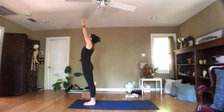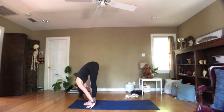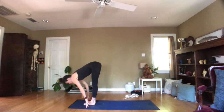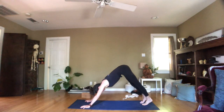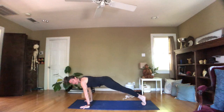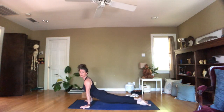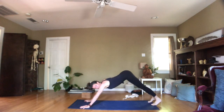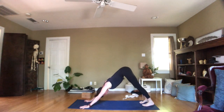Inhale, arms raise. Exhale and fold. Good. Inhale, go for length. Downward facing dog, exhaling. Inhale, shift forward plank. Chaturanga Dandasana, upward facing dog or cobra, good. Downward facing dog, exhale. And this time the feet can be about hips distance apart, but then see here, pick